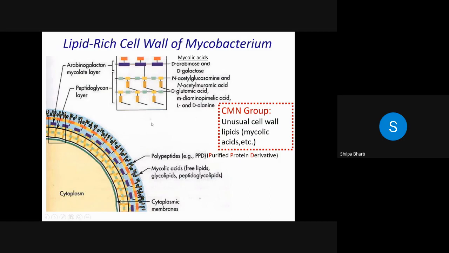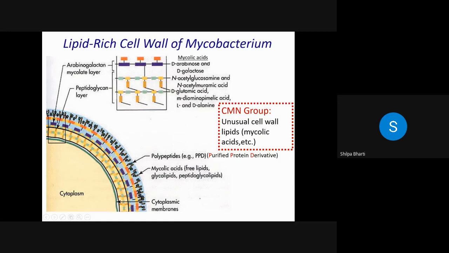This slide is showing the structure of the cell wall of the bacteria. As I have told you, it has a lipid-rich cell wall, so lipid rich, which we are calling mycolic acid. Okay, it's a very unusual characteristic of this group of bacteria which we call the CMN group of bacteria. This abbreviation is used for three different bacteria. One is Mycobacterium tuberculosis, and N is for another bacteria. So only these three groups of bacteria have this unusual cell wall of lipid, which is mycolic acid. Okay,